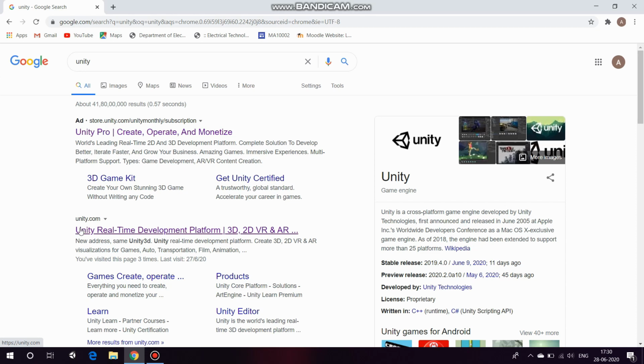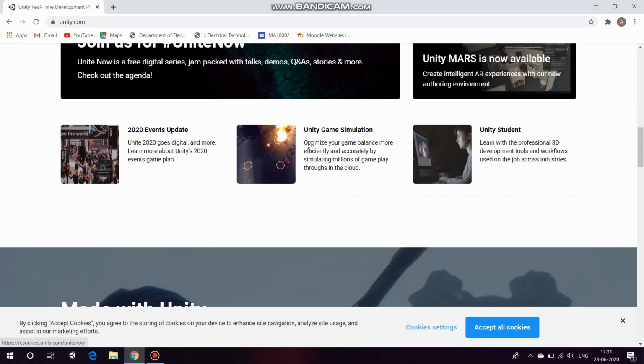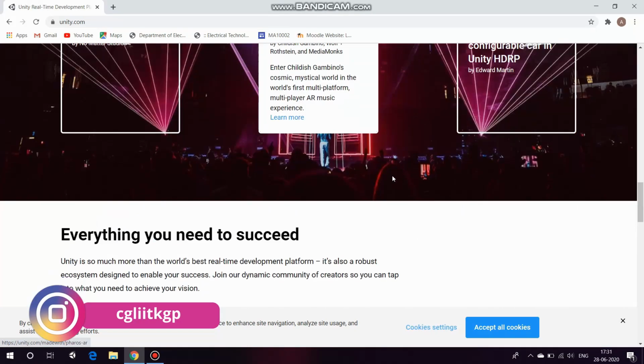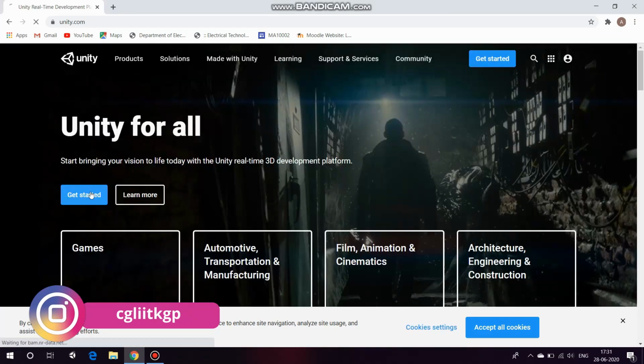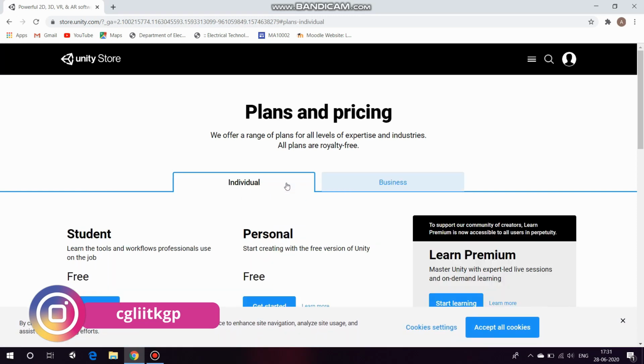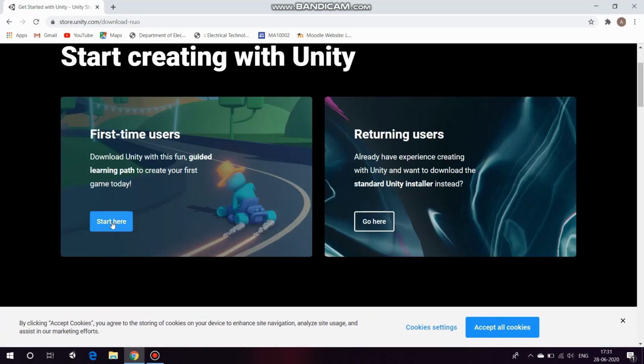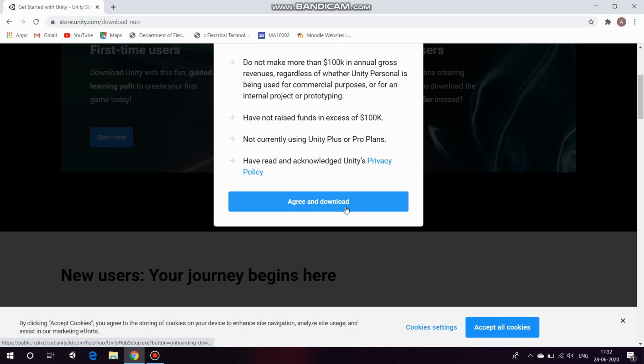First of all, to get started, we need to download Unity. So how do we do that? Let's jump right into my computer. Go to your browser and then type Unity. The top link will be the official link. Once you enter the website, you can find a lot of information about Unity. I encourage you to read all that. It'll inspire you to make more games. Click on the Get Started button. There are two versions of Unity, one for business and one for individual purpose. You can download the individual one. Click on this button to install Unity Hub.